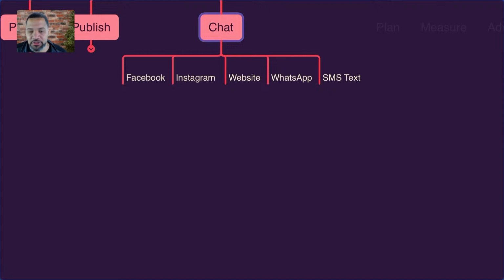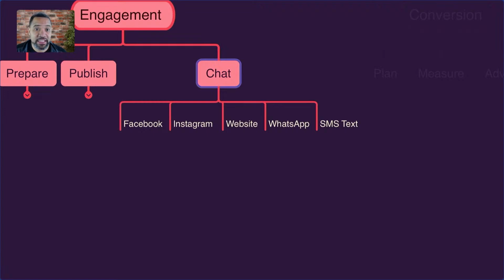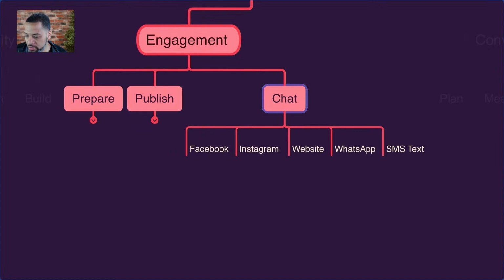Okay, so that is really cool. That's why we got this chat feature. And like I said before, you want to meet your community where they are. It could be on Facebook, it could be on Instagram, it could be on the website, it could be on a WhatsApp app. It could just also be through text messaging. Right, we can do it all through the software called MiniChat. All right, so that's how we engage. That is the awesome part. So now I want to jump in and talk about how we're going to